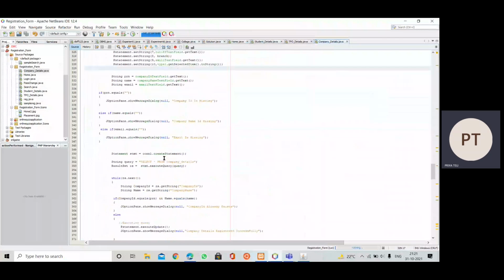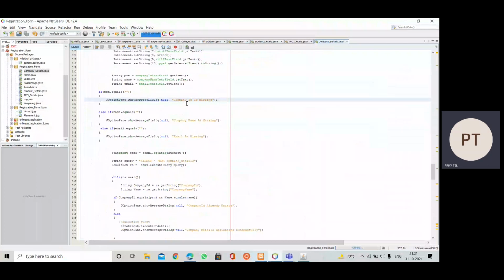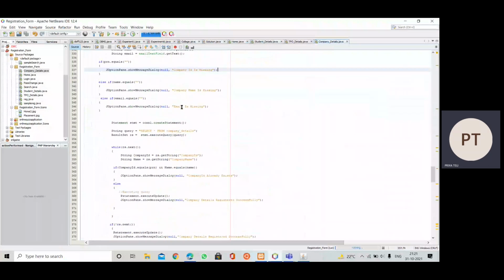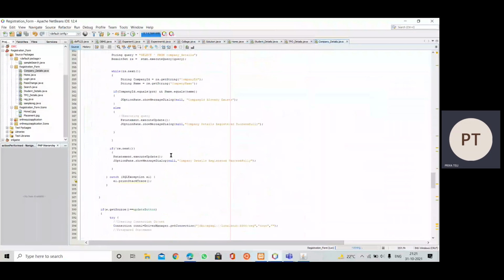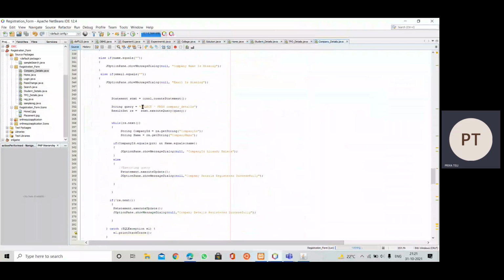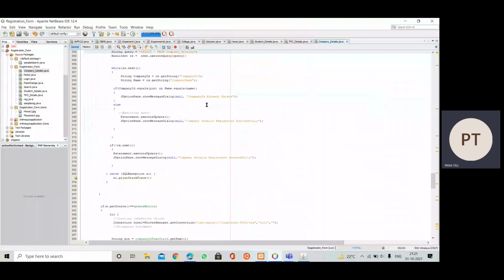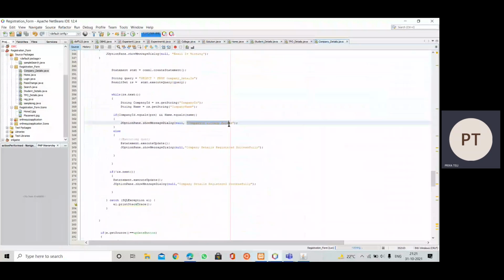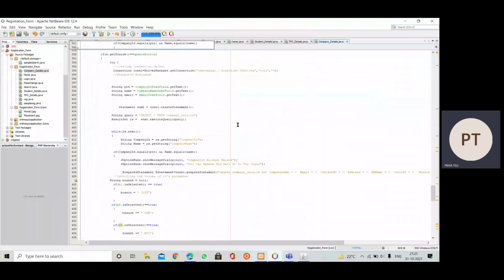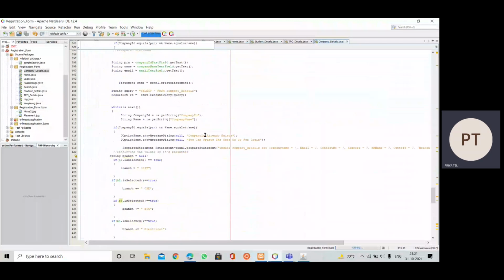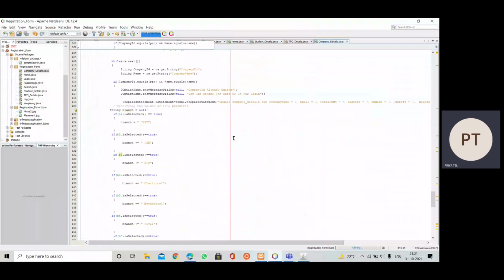And if the fields are empty, then we print the message as per the fields: company id is missing, company name is missing, email is missing, in that way. Then we also check if there is any previously entered data for the same user id. If it exists, then we display the message that company id already exists, else the above queries are executed and the data is inserted. Everything else is the same as we have seen before.